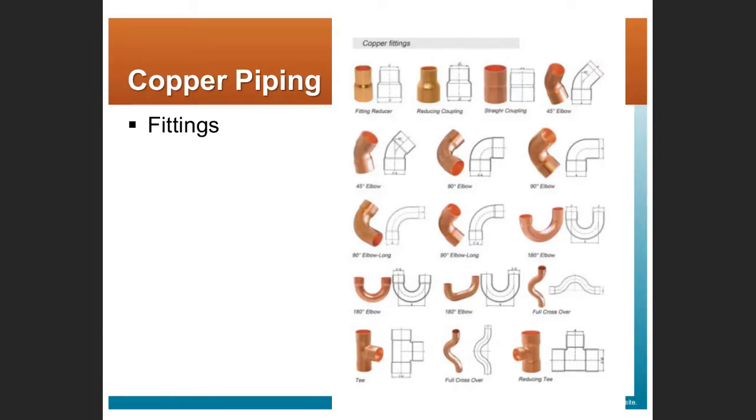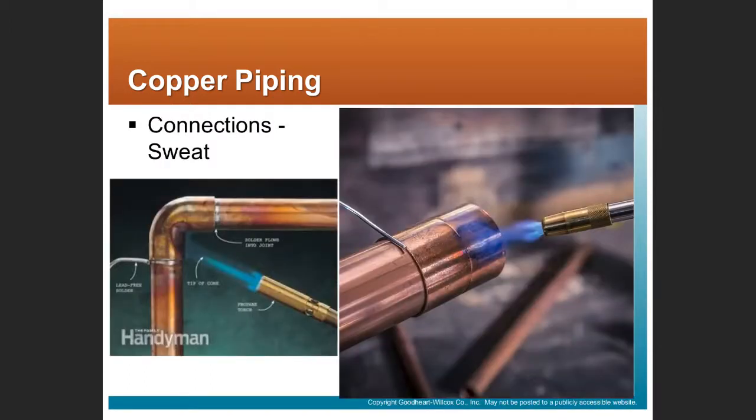So copper pipe has both straight pipes and fittings. You see some examples of copper pipe fittings here: couplings, elbows, short radius and longer radius elbows, et cetera, T's. So how do we join copper pipe? Well, a couple different ways of doing it. One is called sweating,